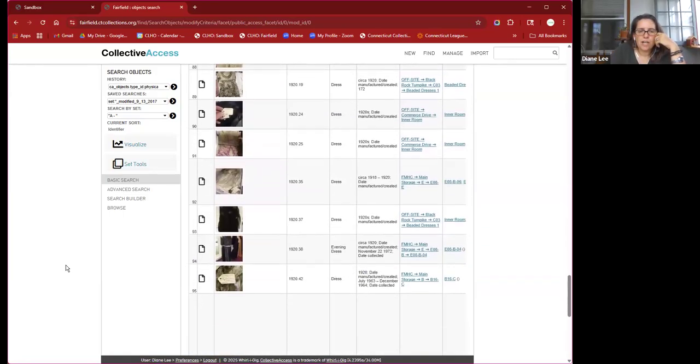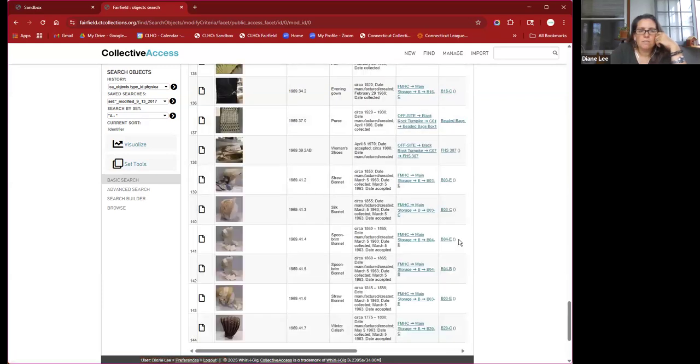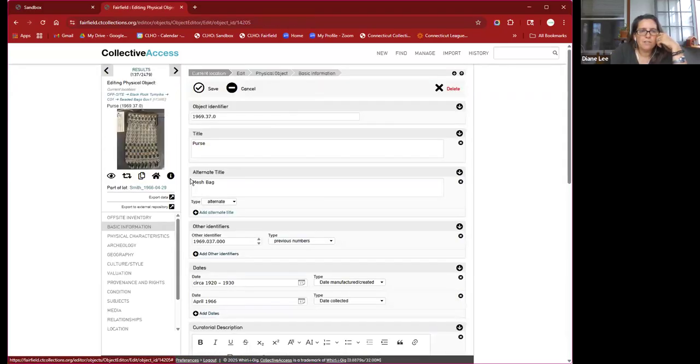So a lot of these are snapshots of costumes. So all of that's fine. You can go through all of these. Some hat things. Like this, I don't know why that's not public access, because I think that's a pretty good picture, even though it's